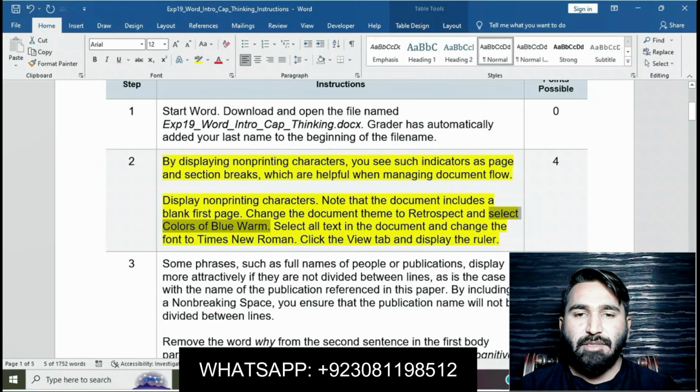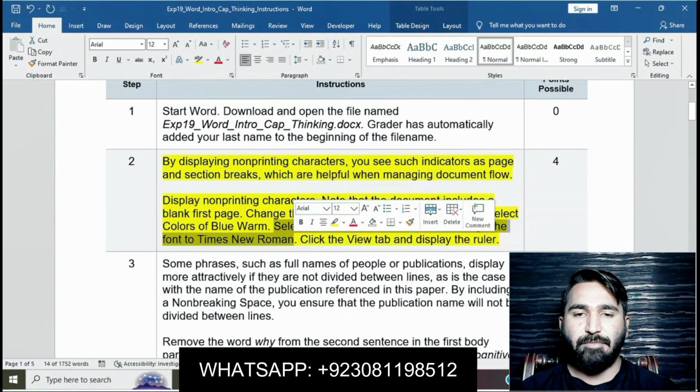It will be black. Select all text in the document and change the font to Times New Roman. First we select the text, then the document, and change the font to Times New Roman.